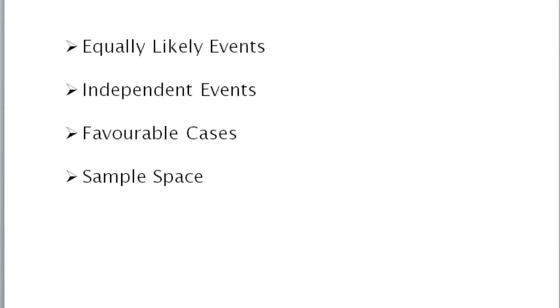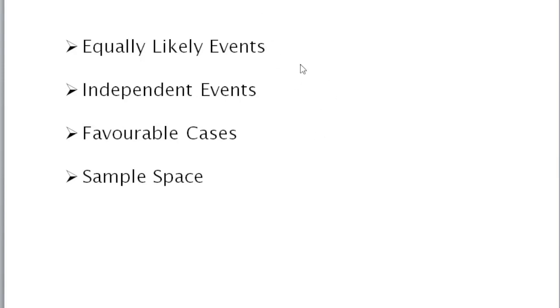In this slide also, there are some important terms basically used in probability. The next one is equally likely events. Events are said to be equally likely if, after taking all the relevant evidence, there is no reason to accept or expect one in preference to the other. So there will be no preference in any events, that means in any trials. These types of events are generally known as equally likely events.